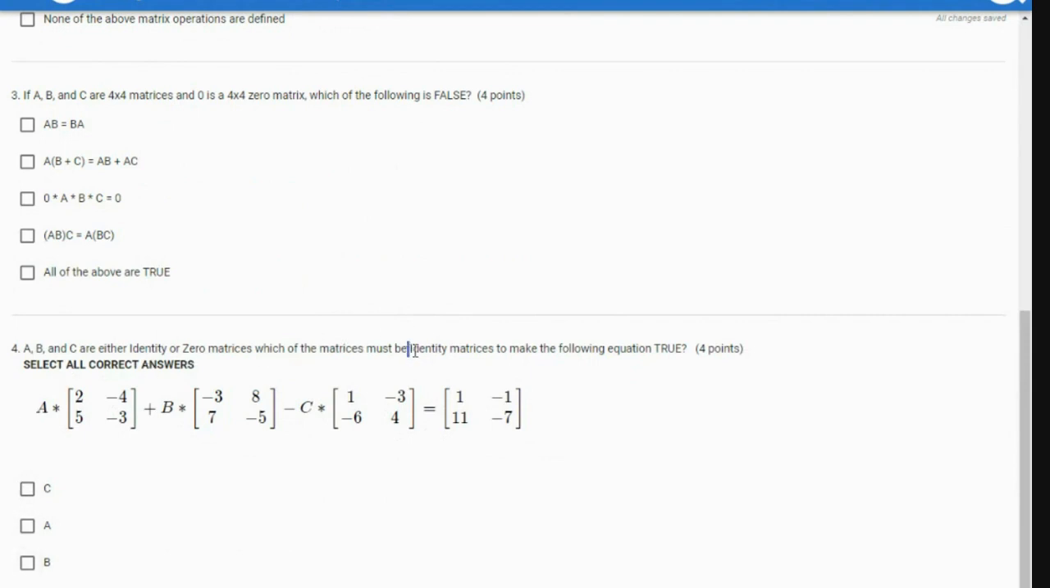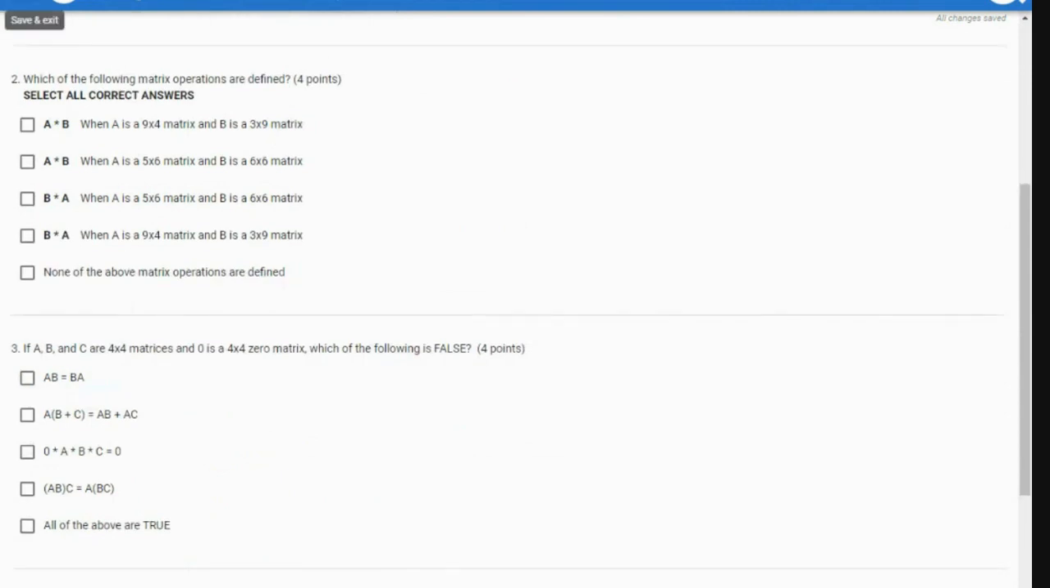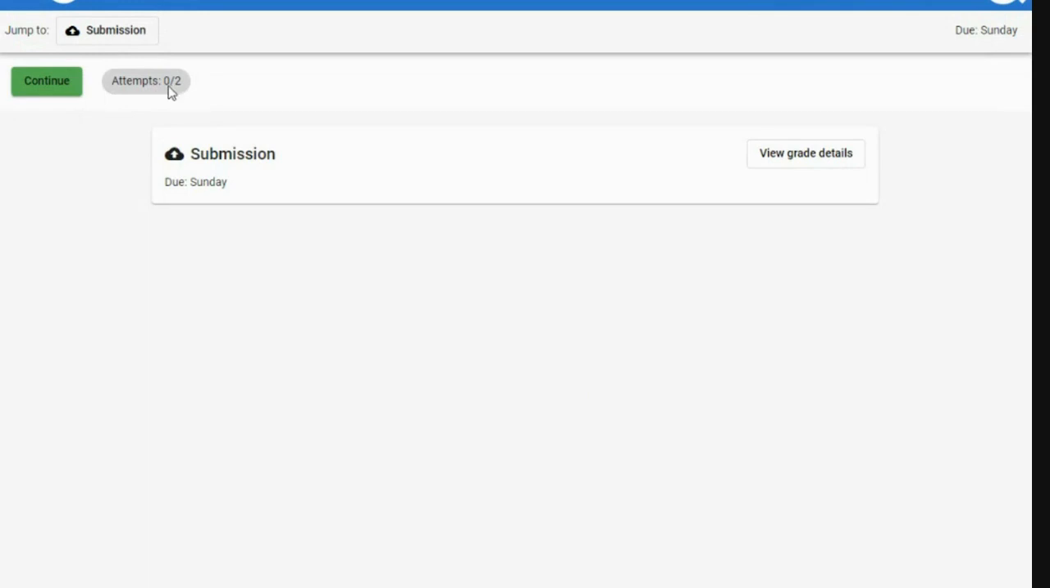Which ones must be identity? It may be one's a 0. So just pay attention to that. But that's it. 4 questions, and you do get 2 attempts. So get some pencil and paper out when you have to multiply those matrices, because you saw how much work that is. You don't want to try to do all that in your head,